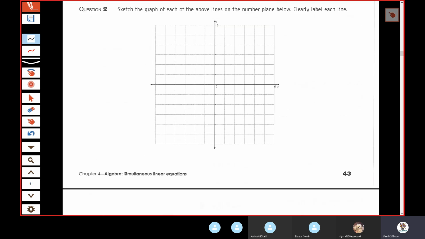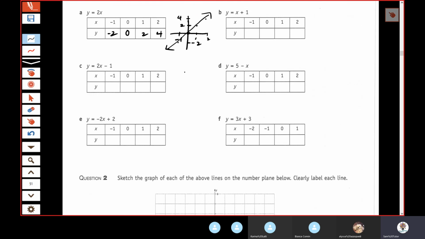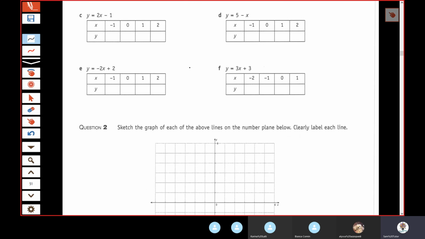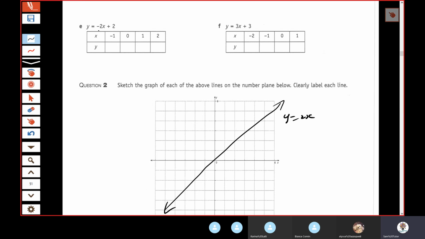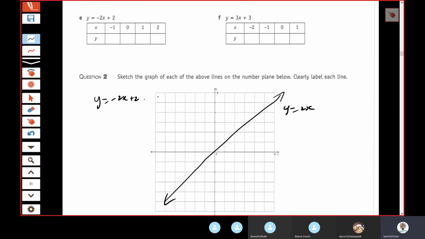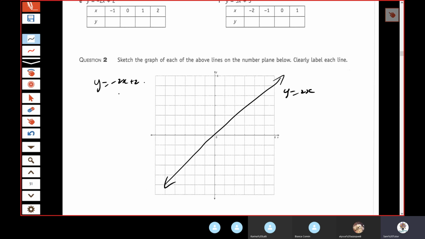All right, let's talk about simultaneous for a second. As we're going to draw this, we're going to have this graph. So y equals 2x, let's say it was that, for argument's sake for now. Y equals 2x. And y equals -2x plus 2. I'm going to do this one in a different way. Instead of table of values, I'm going to try to graph this using x and y